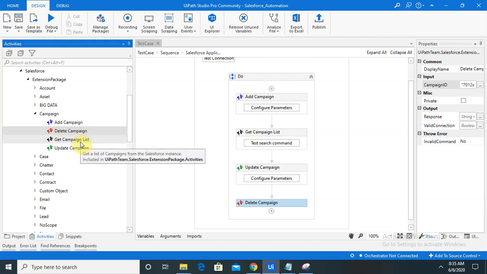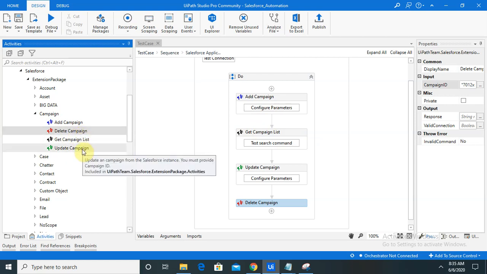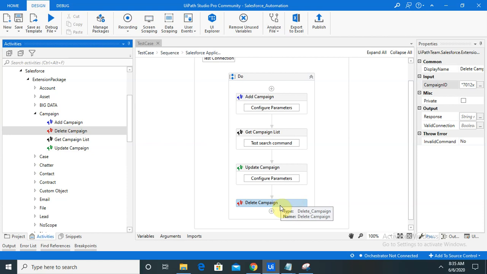For extracting campaign list, just use get campaign list activity. For updating any campaign, we will need update campaign activity, and for deleting, here we just have to use delete campaign, enter the ID, save all your programs, and just click on run.